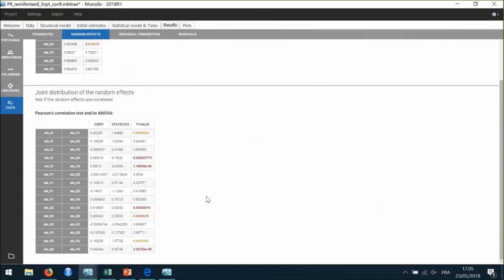So similarly to the covariate search, we usually add the relevant correlations to the model one by one, starting with the most significant correlation, so the lowest p-value. And I will show the first step of this process in this webinar, which is to add the correlation between Q3 and V3, because it is the lowest p-value.